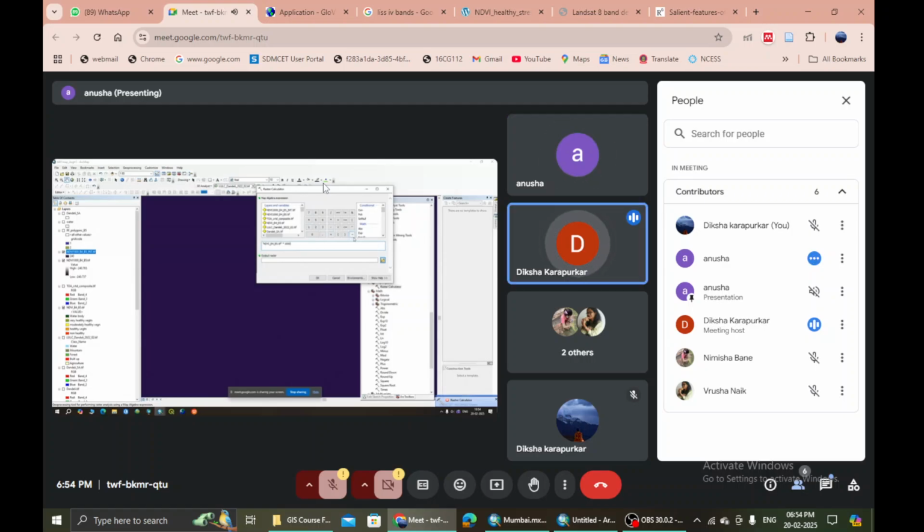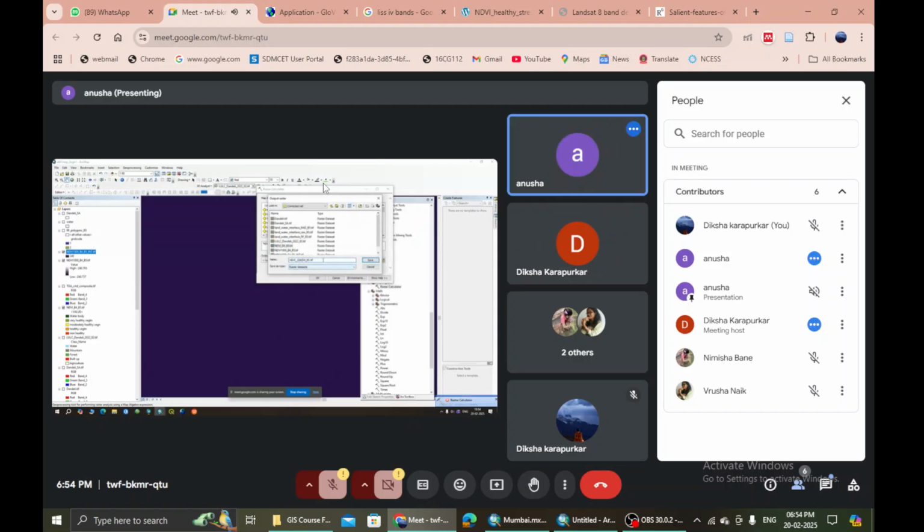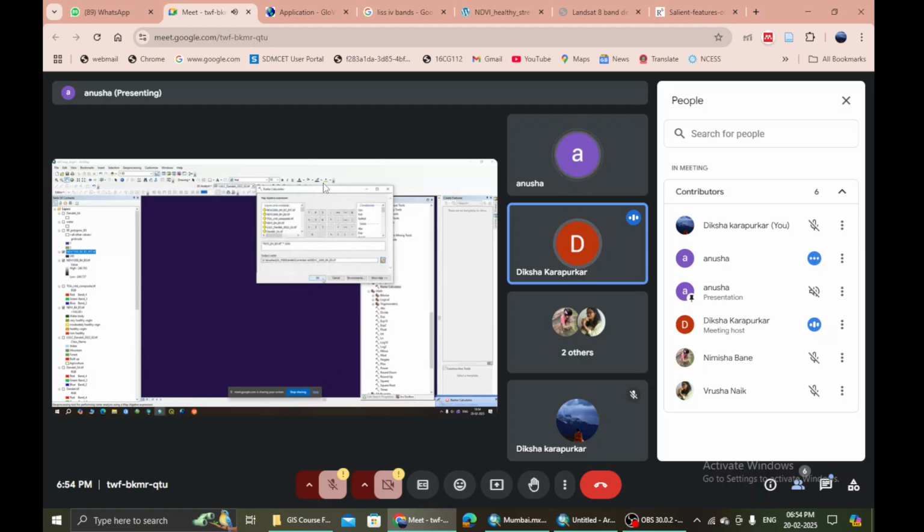Okay, and then save that output raster. Save it to your folder. Call it NDVI 1000, and then dot tif is given, right? And then hit OK. Save. Yes.